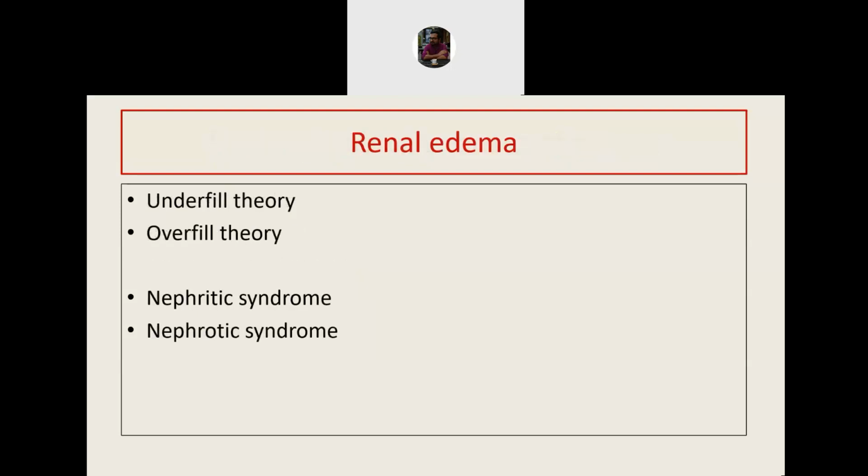So why will a kidney disease cause edema? Kidney diseases like nephritic or nephrotic syndrome cause swelling of different parts of the body. Patients come with facial puffiness, gradually progressing to puffiness of the whole body. There are two mechanisms by which renal edema can happen. So we can understand the two mechanisms with the help of a simple flow chart.